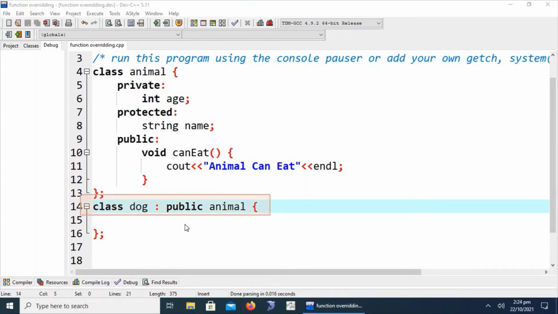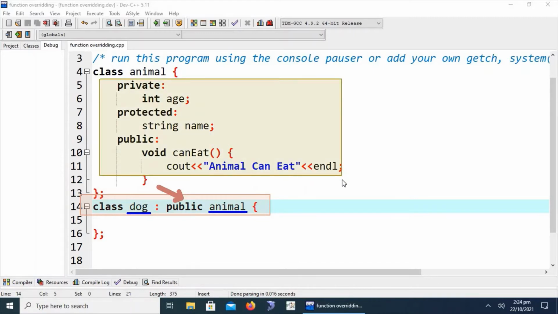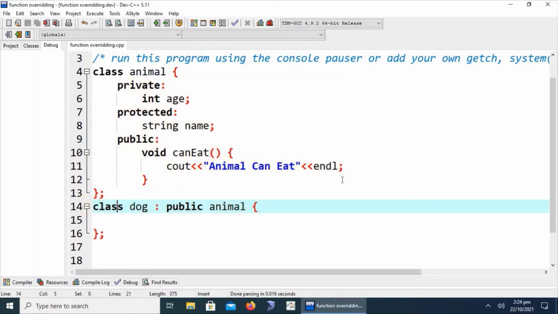This is called a derived class, where we have a derived class named dog and its parent class is animal. The most important point to notice is its inheritance access type, public, which means the attributes and access specifiers from the base class will be publicly included in the derived class. We will discuss it in detail later on.